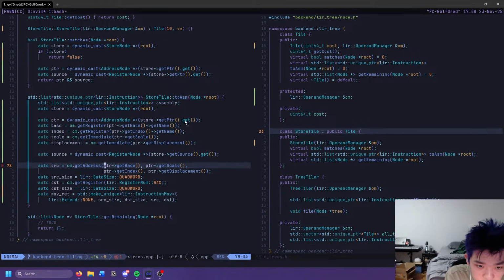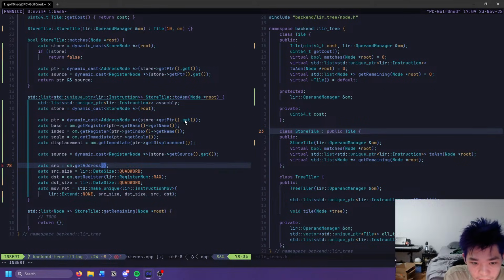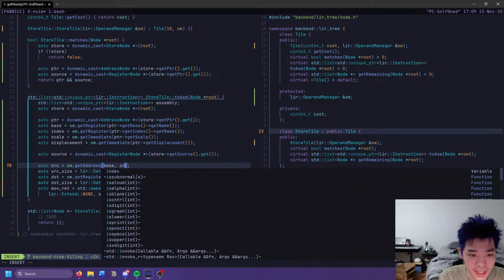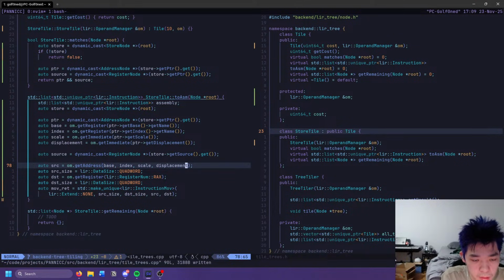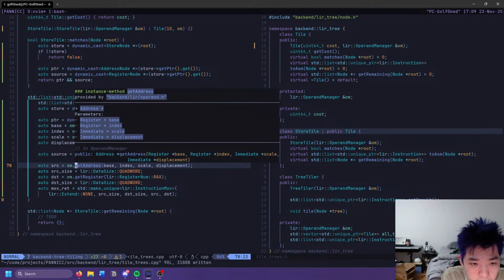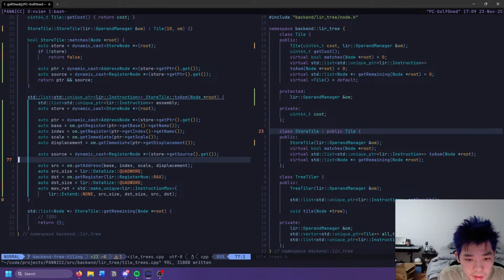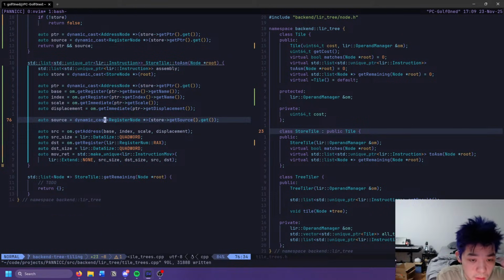Okay, can I change inside these braces? Hello? So we have base, index, scale, displacement. Is that the correct order? Base, index, scale, displacement. Base, index, scale, displacement. Nice. Okay. So source, this should be a